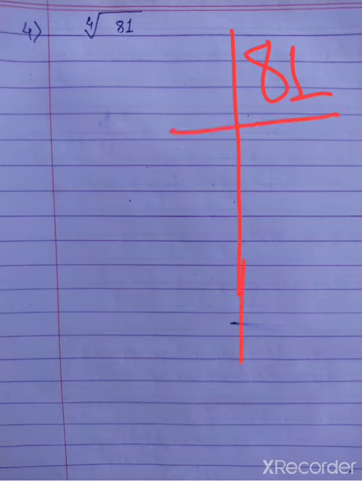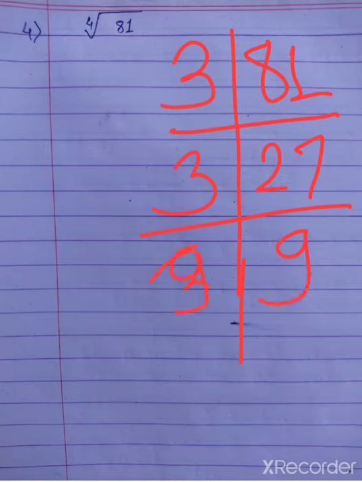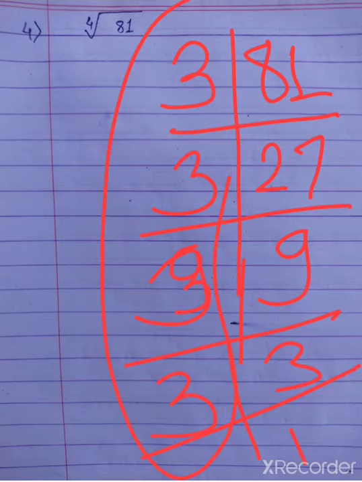Fourth root of 81. You know square as well as cube, but you don't know the fourth power of any number. So to solve this question, either you have to find the fourth power of 1, 2, 3, 4 and so on, or we can use one more method in which we simply factorize 81. So here I am factorizing it. 81 can be divided by 3, so we will get 27. Again 27 can be divided by 3, you will get 9. Again this 9 can be divided by 3. So these are the factors of 81.